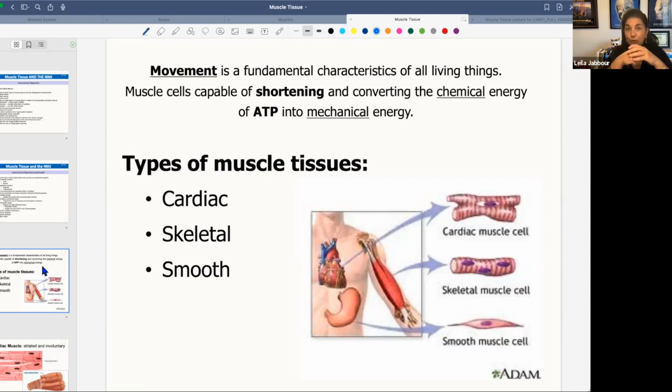Whether it's cardiac, skeletal, or smooth, there are three types of muscle tissues, and the main function of muscle is movement. That's the fundamental characteristic of all living things. It's to be able to create movement, and the muscle is going to be at the source of that movement. When the muscle cell contracts, it shortens, and because these cells are attached to things, it's going to move those structures, whether it's the dermal layer under your skin for facial expressions, or the bone that it's attached to, and now we're moving a bone at a joint,